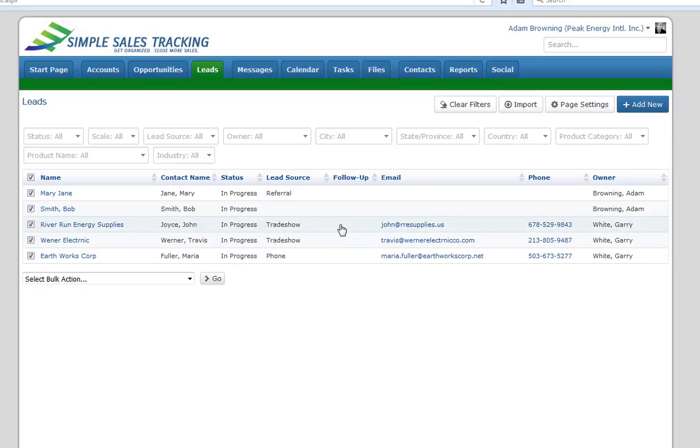So importing opportunities and accounts works in exactly the same way. It's worth mentioning that leads are generally the starting point, or in fact, in simple sales tracking, always the starting point for a sale, as opposed to a contact. It's come up a few times in the past where people will email in or phone in and say, I've imported my contacts. How do I convert a contact to a lead? And in simple sales tracking, at the moment, it's not possible to convert a contact to a lead. So you can convert a lead to a contact,